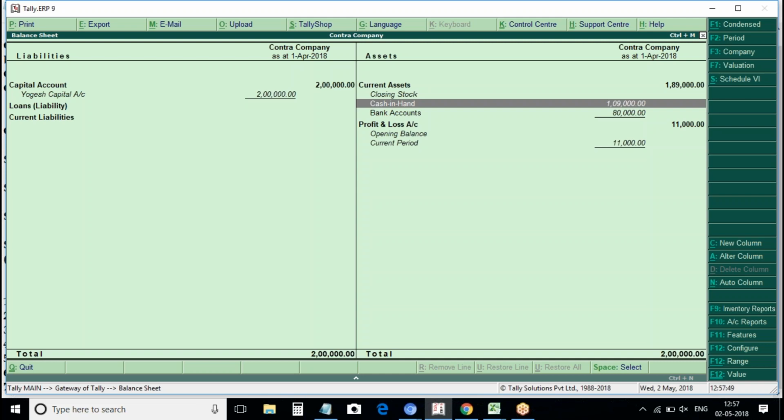So it's showing on the asset side in the balance sheet, and on the liability side 2 lakh rupees, which is being parked by the owner. It's showing on the left side as a liability. Whereas other here expenses, and we have moved internally fund cash account to cash account transfer,